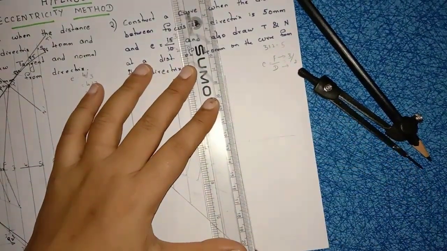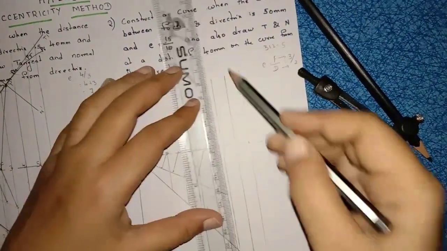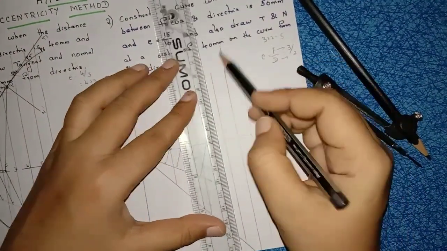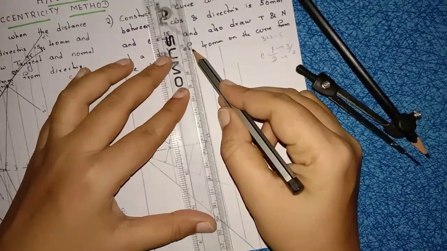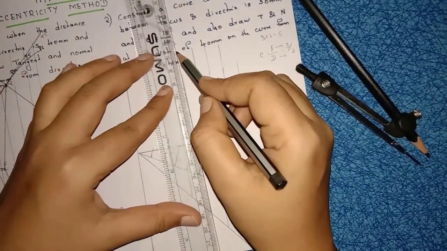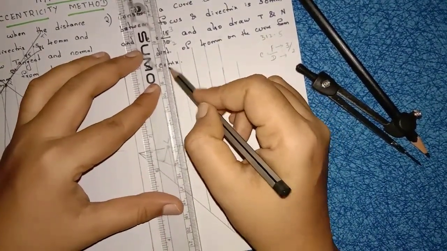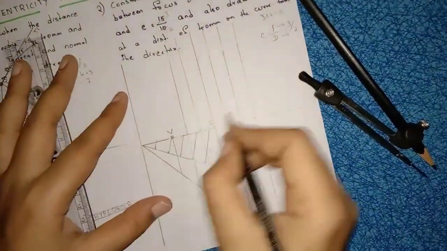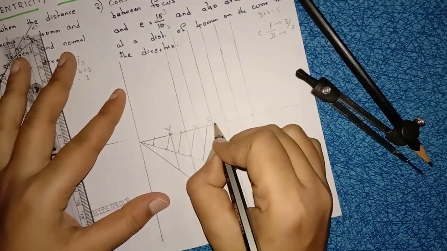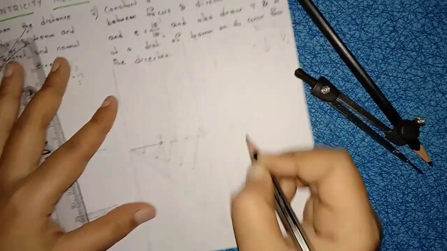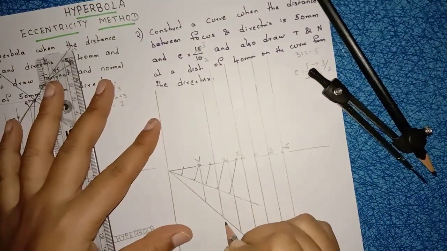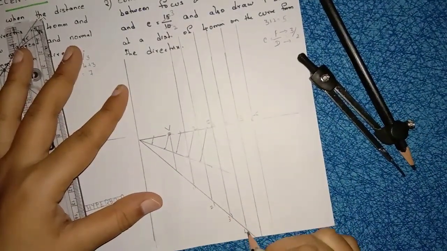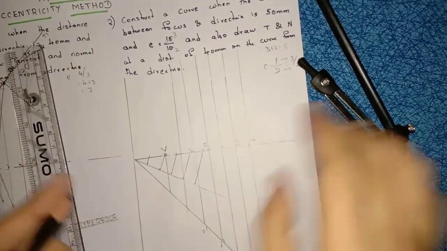Right, so you people know all these methods. It's the same as the first problem, only how to simplify that. The 50 in the question, if they mention 15 by 10 like that, how to simplify that one. So after that I am writing here 1 2 3 4 5 6, and here I am writing 1 dash, 2 dash, 3 dash, 4 dash, 5 dash and 6 dash, right?